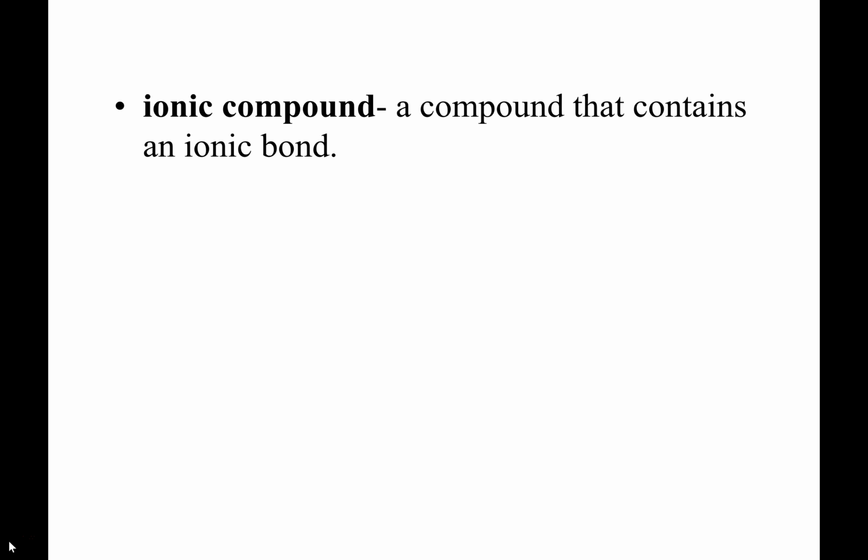So under ionic compounds, it contains at least one ionic bond. So ionic compounds, at least one. Like I said, you can have an ionic compound that has electrons shared, or covalent bonds, but it has to have at least one ionic bond. Now, as I've been talking about these ionic bonds, electrons transferred, or covalent bonds, electrons shared, hopefully you're getting a sense